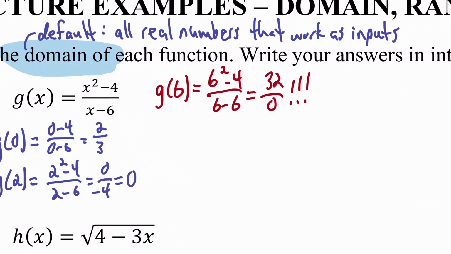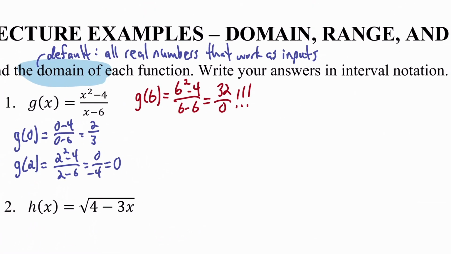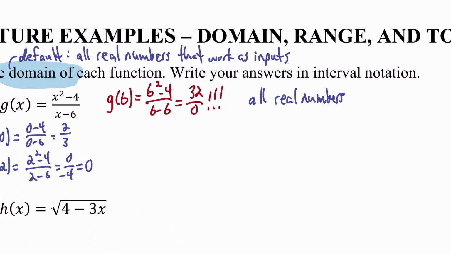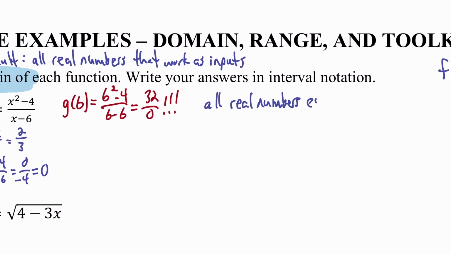The default is all real numbers that work as inputs. Well, 6 doesn't work. You get stuck because you can't divide by 0. So 6 is not in the domain. So one thing you could say is, oh, well, then the domain is all real numbers except 6, right? Like on an exam,